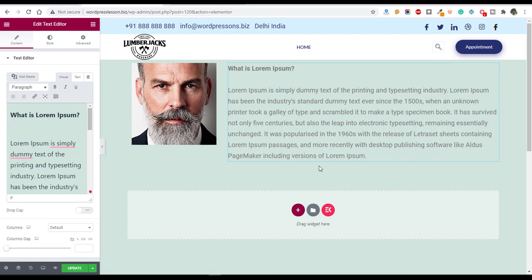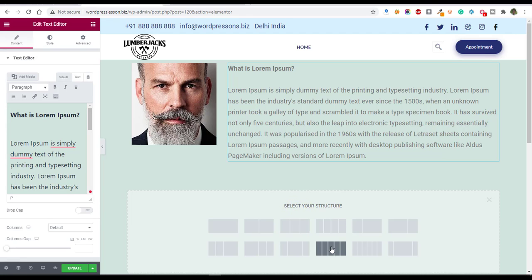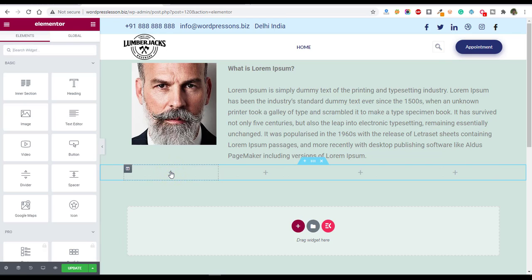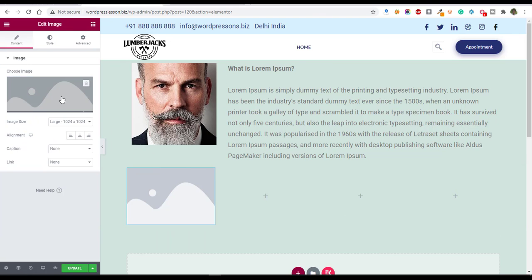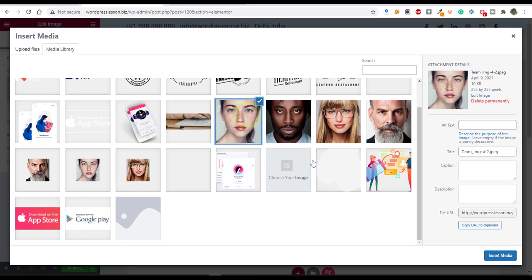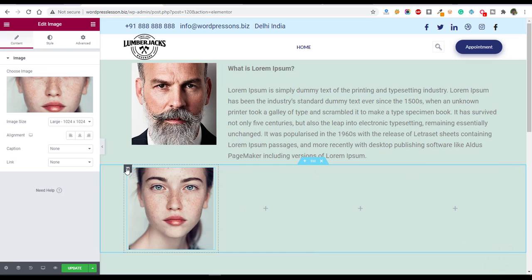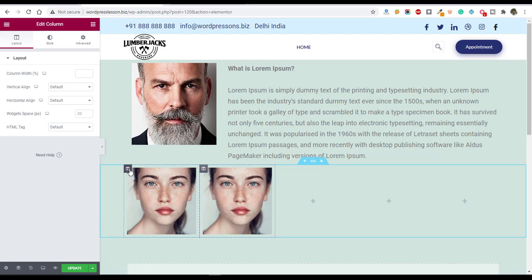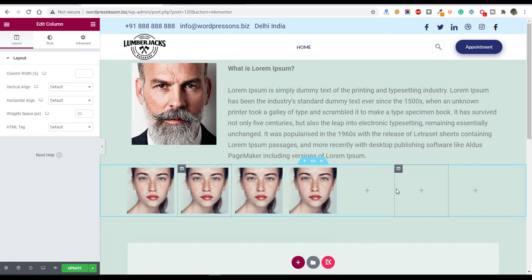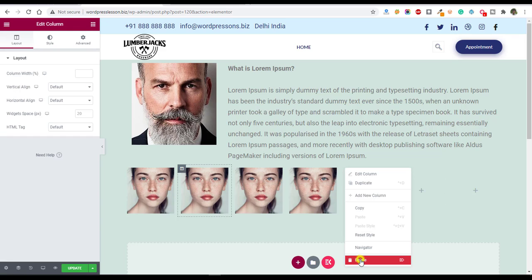Like this you can create an about page, and I am going to add more sections. And here you can put images or content as you like. Just duplicate it, and you can delete some sections also.